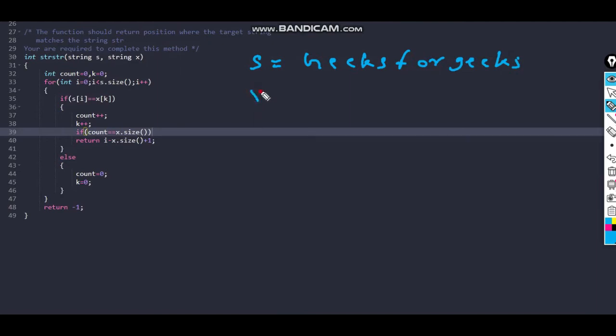Second string is for x. Initially count is 0 and k is 0. k is used to traverse this string and I is used to traverse the other string. So I'm using this for loop for traversing this entire s string. If s of I is equal to x of k, so g is equal to f, no, so else